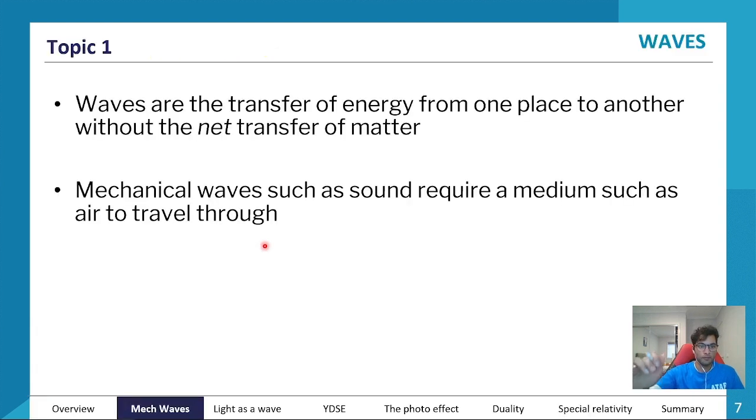Yeah, cool. So we're gonna start off with waves. And so the question is, what is a wave? A wave is just basically a transfer of energy without the transfer of matter. And when we're talking about waves, there are two types of waves that we care about. One is called a mechanical wave, and the second type of wave is the